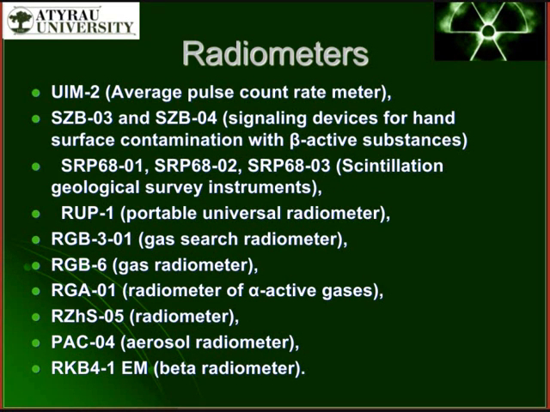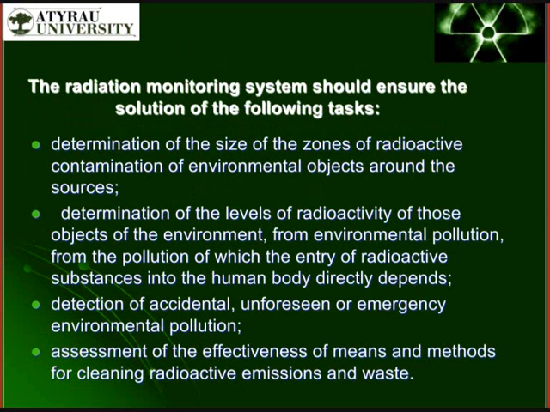Radiometers are used to measure the flux density of ionizing radiation and the activity of radionuclides. The radiation monitoring system should ensure the solution of the following tasks: determination of the size of the zones of radioactive contamination of environmental objects around the sources, determination of the levels of radioactivity of those objects of the environment